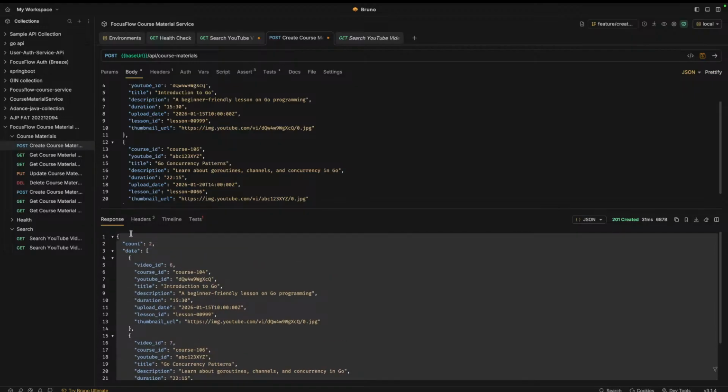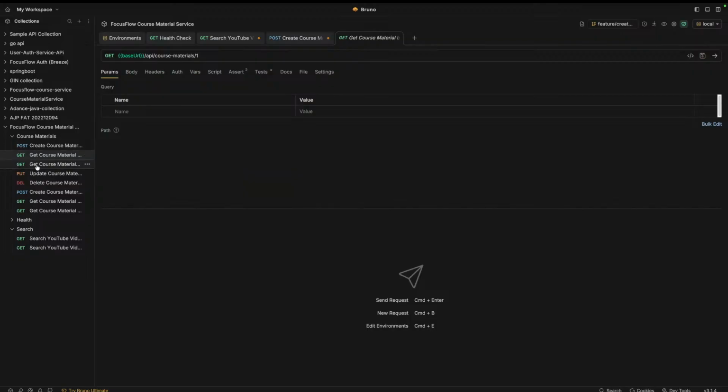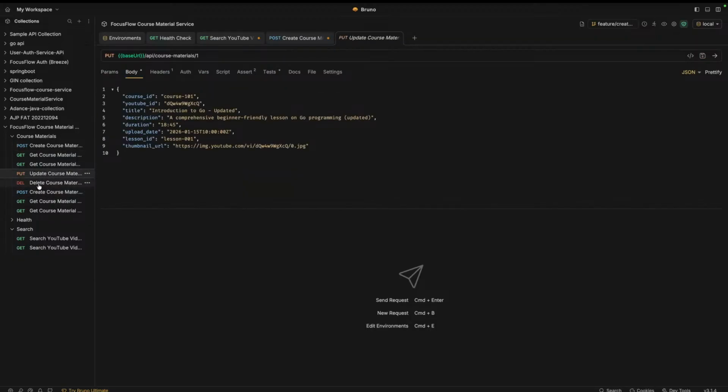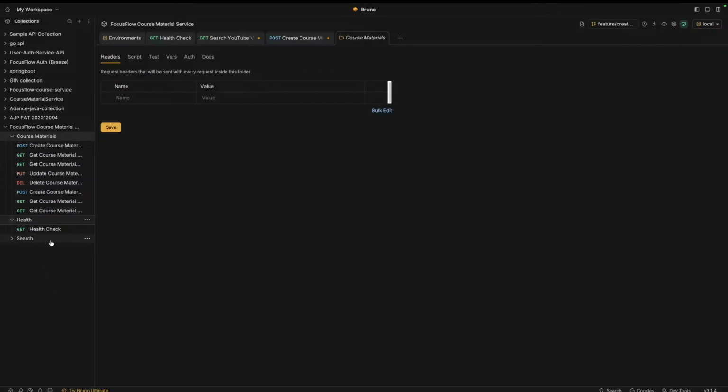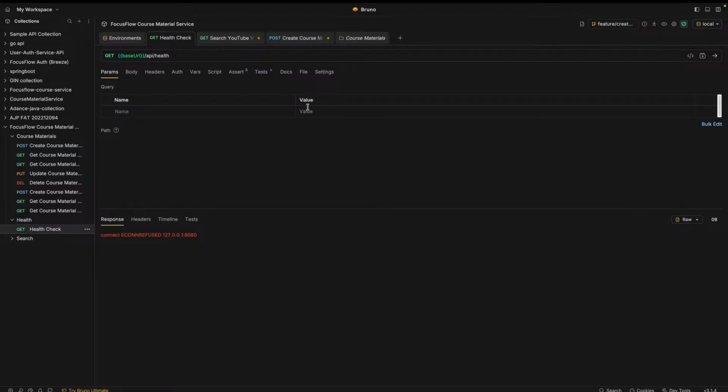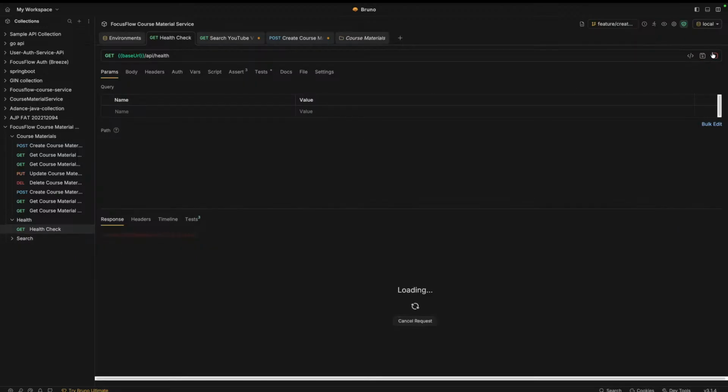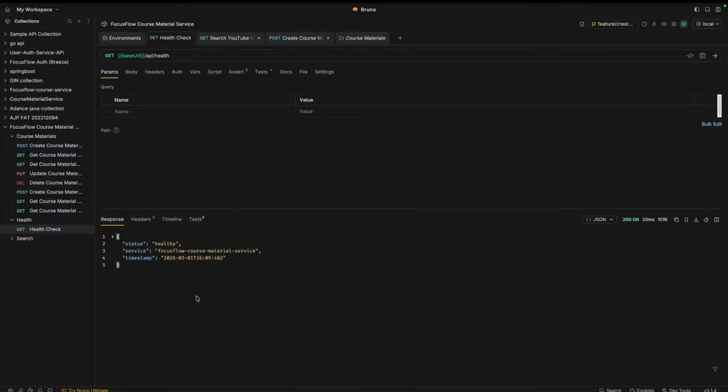Save this course using the API, and then you can perform all this CRUD, like delete, put, update, patch. All the CRUD is implemented here. Here is to check the health. Let's say I try to check again. Yeah, it's showing me that the application is healthy, and it's giving me the timestamp. So this is basically the API that I've implemented